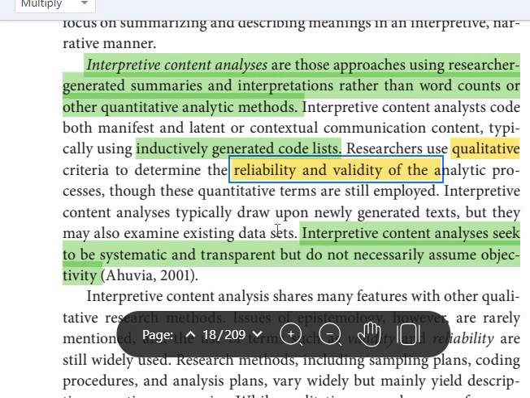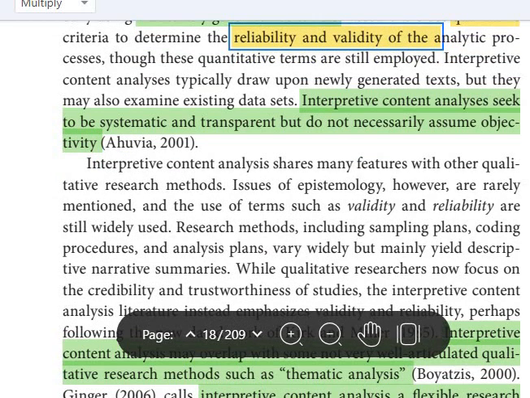results. Okay. Here it says that the interpretive content analysis seeks to be systematic and transparent, but does not necessarily assume objectivity. And this is another difference. The basic content analysis focuses on objective analysis. You must provide systematic and objective analysis. Here in the second one, which is the interpretive, we don't provide anything objective. Why? Because you're mainly talking about yourself. So it is not objective, it is subjective. Okay? Now let's talk about